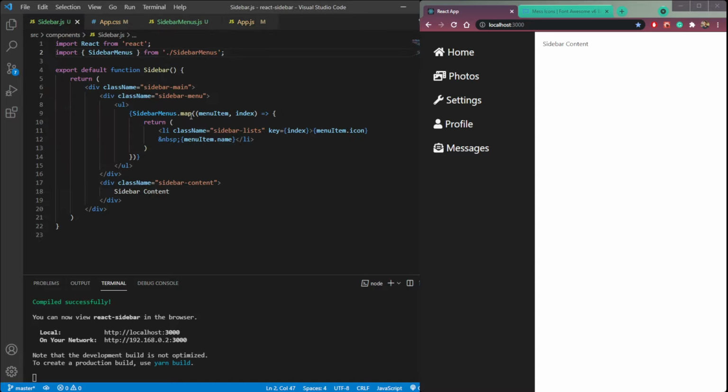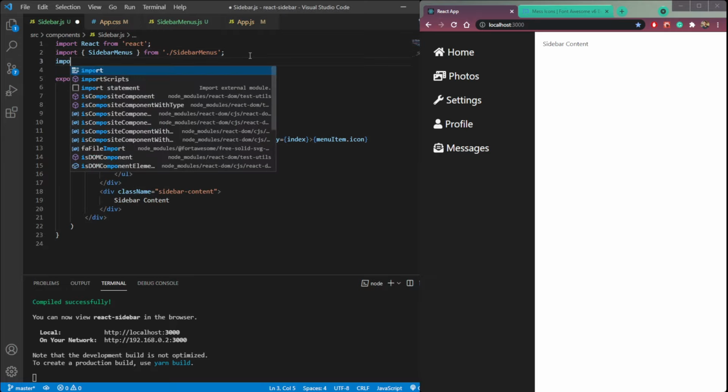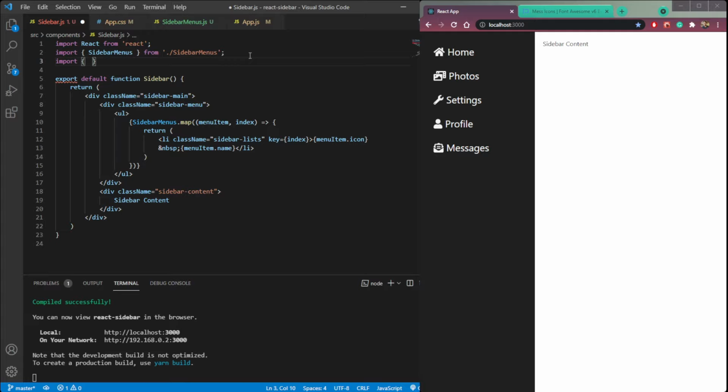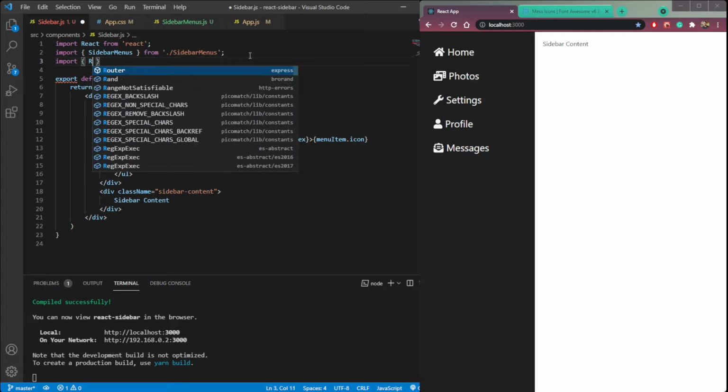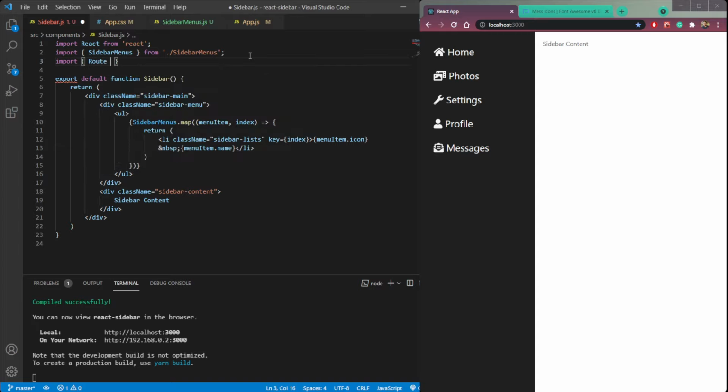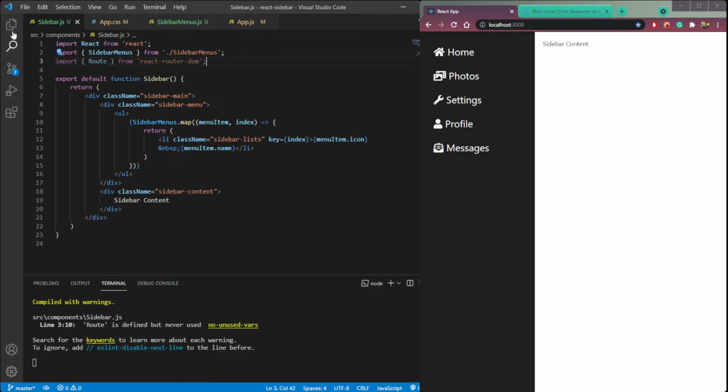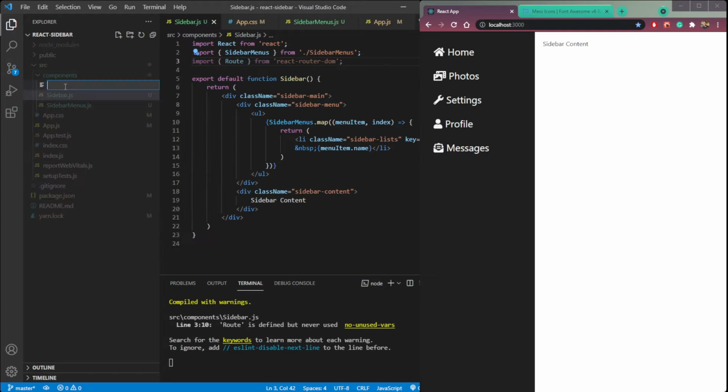And in the sidebar.js, let's say import Route from React Router DOM. Create one more component here for the home page.